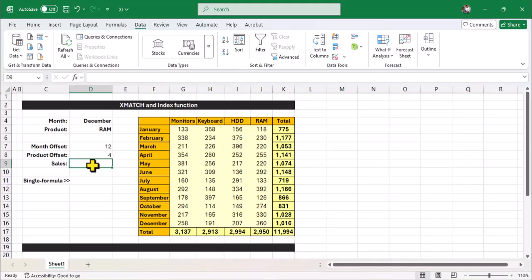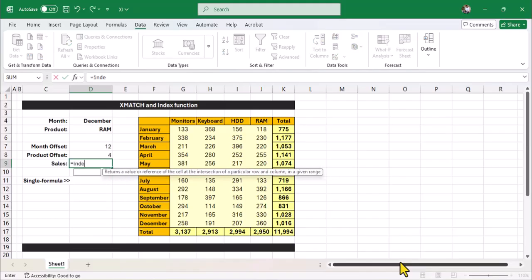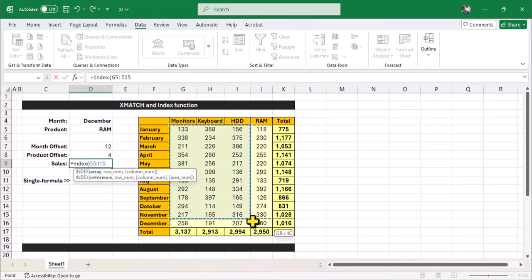Now I want to find out for December, for the product RAM, what the sales figure is. So here I will use the INDEX function of Microsoft Excel. I'll select INDEX and give open parenthesis. The first parameter is to specify the array. So this is my array.